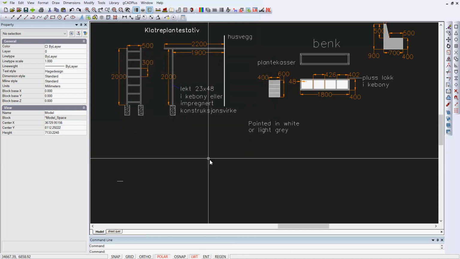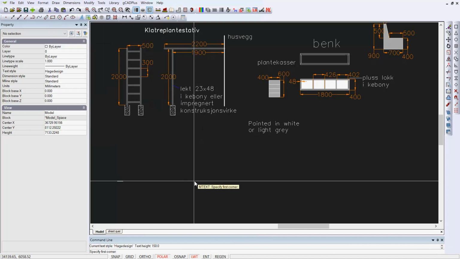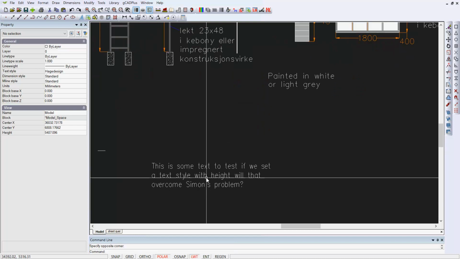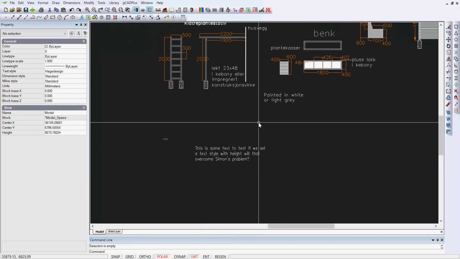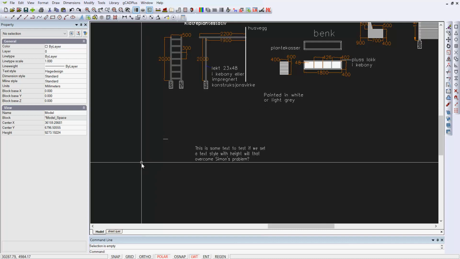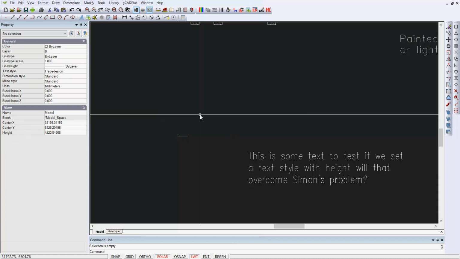And now when I repeat what we did before, draw text, multi-line text, and specify our first corner and do that, in goes the text, and it goes in at the correct height. If I select it, that height is 250. So that if you set a style such as that in your template drawing, you really won't have to worry about getting a result similar to this one, where you just get the fixed height that's there in the standard